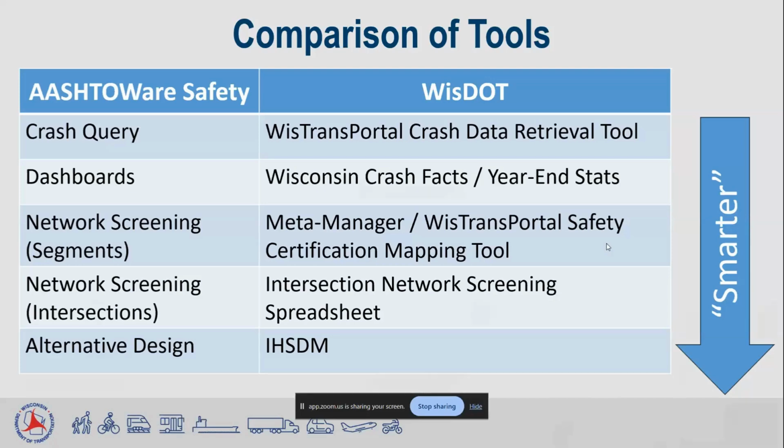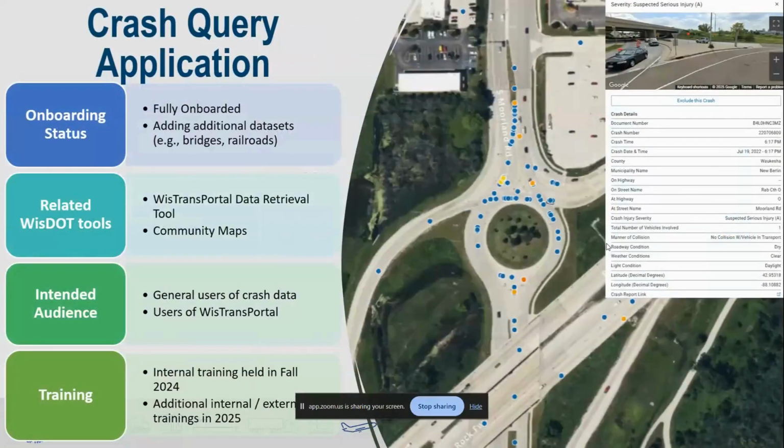So walking through each one of these applications. The first one, Wisconsin has up and running. Again, it's pretty easy to use. Being able to see a map with all of the crashes on there is very, very helpful. This related tool that we kind of have right now, we have two of them through our WisTrans portal data and community maps. Both tools are useful, and we view Crash Query as just being another one that